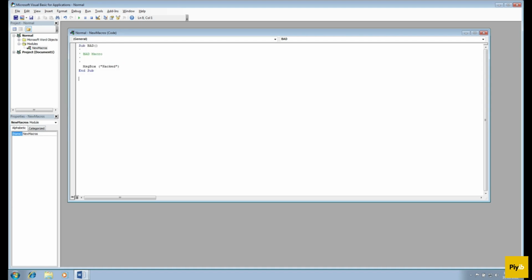So the way to do that, we need to use some default Office functions. Auto open and document open. So we create a new function. You'll see a function starts with sub, and that's just the Visual Basic language, and ends with end sub, and everything between is your code. So we need to create two more functions, or modify two existing functions. Document open, and that one should call the function bed,